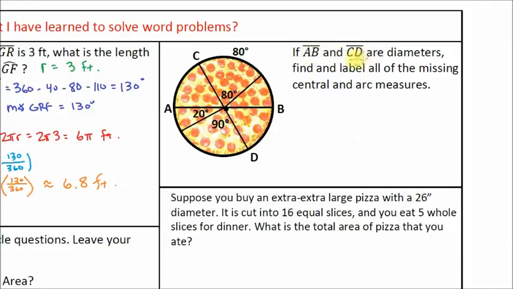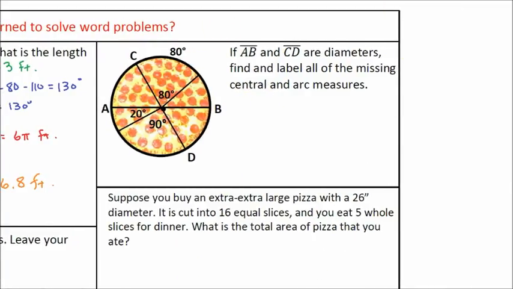If segment AB and segment CD are diameters, find and label all the missing central and arc measures. Let's remember something we know about a diameter, class. If you've got a circle and you have a diameter, then we know the diameter goes right through the center of the circle. And because the diameter goes right through the center of the circle, it's going to cut the circle into two